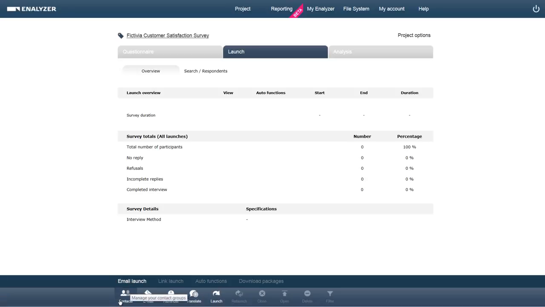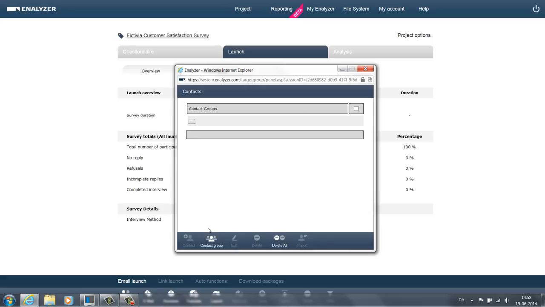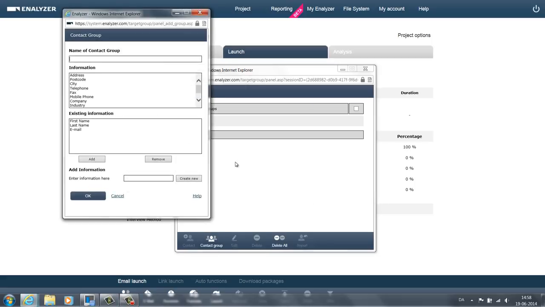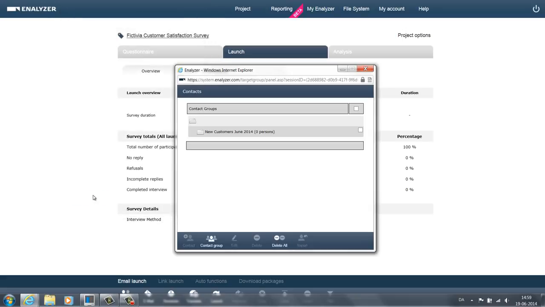Here you see I have a couple of different opportunities. I'm going to start off by making a new contact group. So I click Contacts and click Contact Group. I enter the name of my contact group and press OK. Once I created the contact group, I can mark it and then I can click the Import